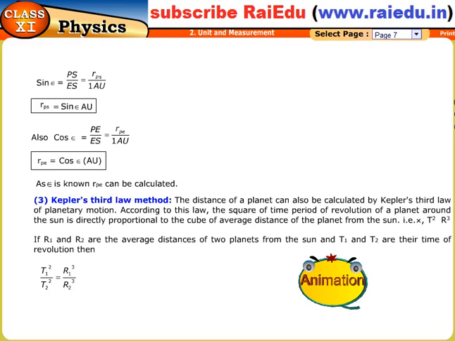Kepler's third law method. The distance of a planet can also be calculated by Kepler's third law of planetary motion. According to this law, the square of the time period of revolution of a planet around the Sun is directly proportional to the cube of the average distance of the planet from the Sun, that is, T square proportional to R cube. If R1 and